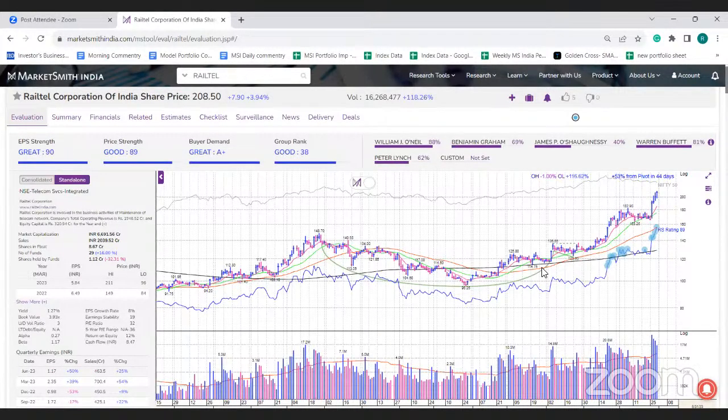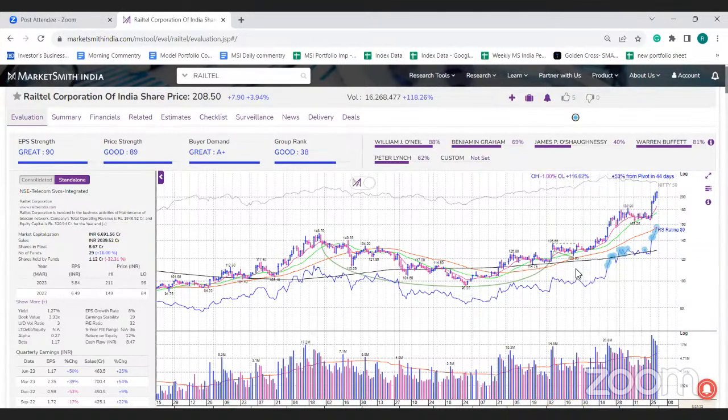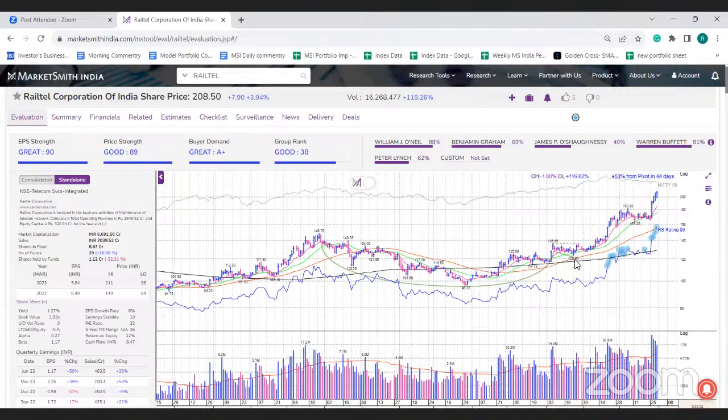The railway stocks have been a big winner over the last few months. And Railtel also, after breakout from a stage 1 cup with handle base in June, ran almost 50% in just 2 months of time. So that's a decent, or you can say a very superb, return. Overall, the recent fundamentals have been good and the ratings are good. Broadly, Railtel Corporation is a very good proxy to digitalization.